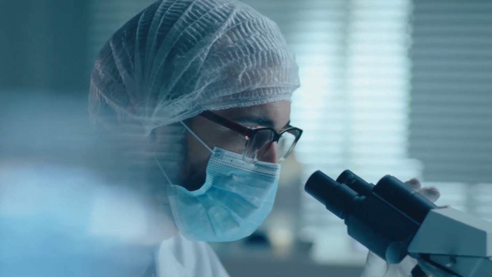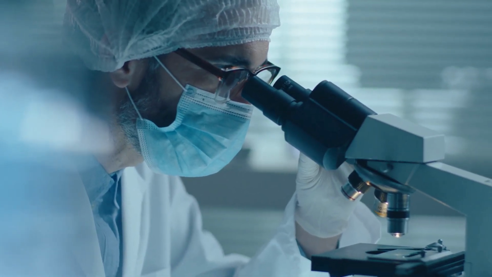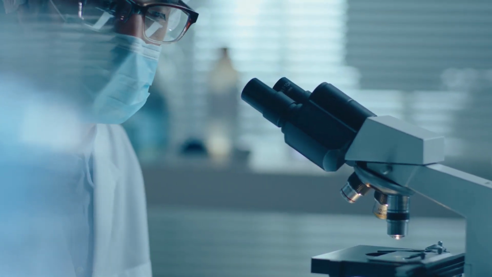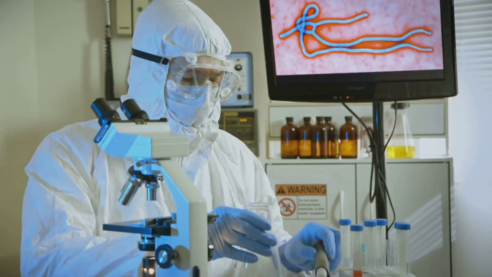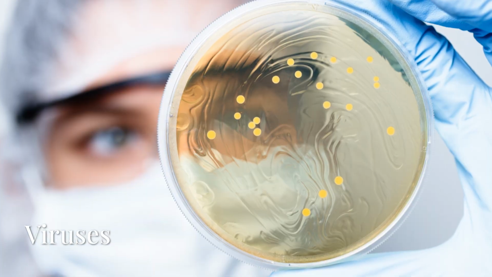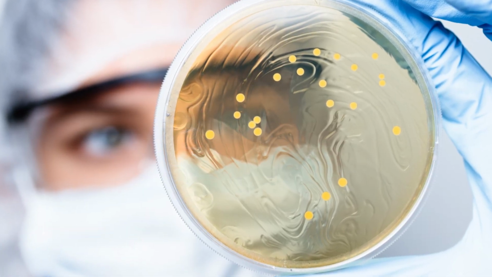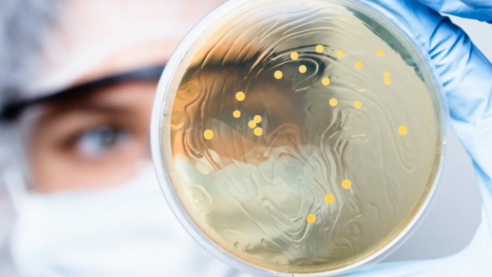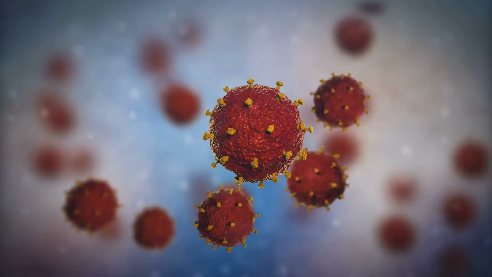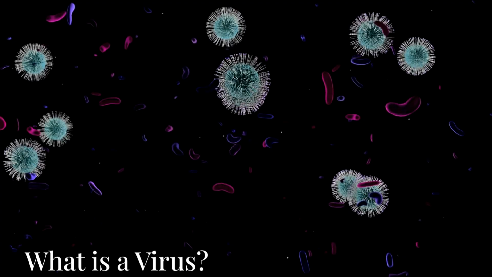In order to understand the principles of infection transmission, we first have to understand what types of microorganisms may cause an infection. There are 4 types of microorganisms: viruses, fungi, bacteria, and parasites. Today, I will examine more closely all 4 classes of microorganisms and the diseases that they can cause. The first type of microorganism is a virus.